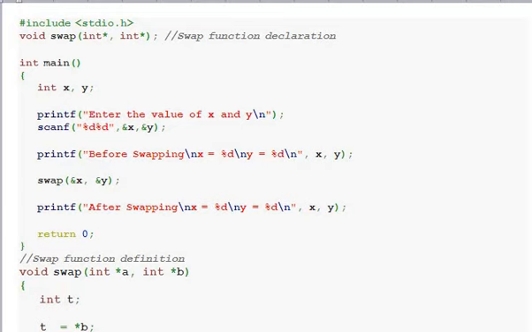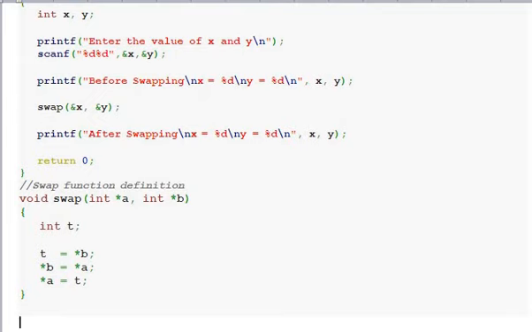So here x and y are actual parameters and a and b are formal parameters. The address of x is passed to a and the address of y is passed to b. Look at the function definition: void swap(int *a, int *b), and brackets are open, int t is equal to *b, and so on. In the function definition, once we are passing the address of x, the address is passed to a, which is a pointer. So call by reference. Those who are having any doubts in call by value, call by reference, you can refer another video. Swapping of any two numbers, call by value and call by reference.